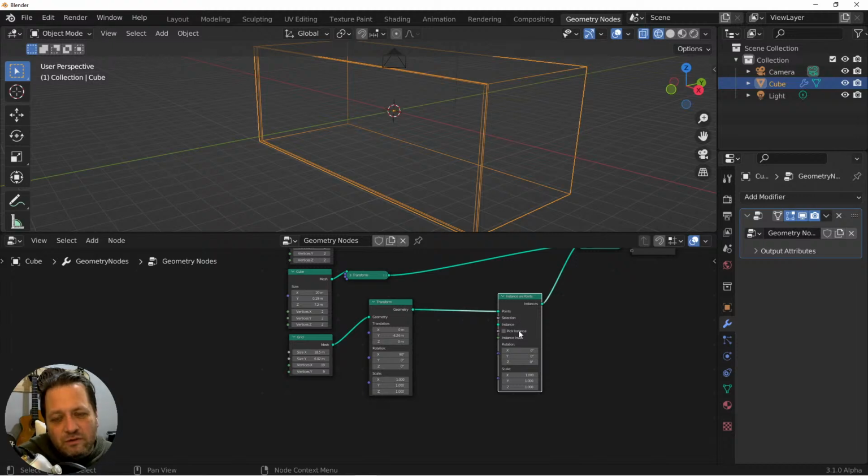All right, so we want to instance something here, and another one of the nodes that we don't have quite yet is a bevel node. So I could put in some cubes, and if I had a bevel node, I could bevel them. Or I could just use cubes, but then I'd have these squared off windows, and that's what I did on the old video, but I wanted to